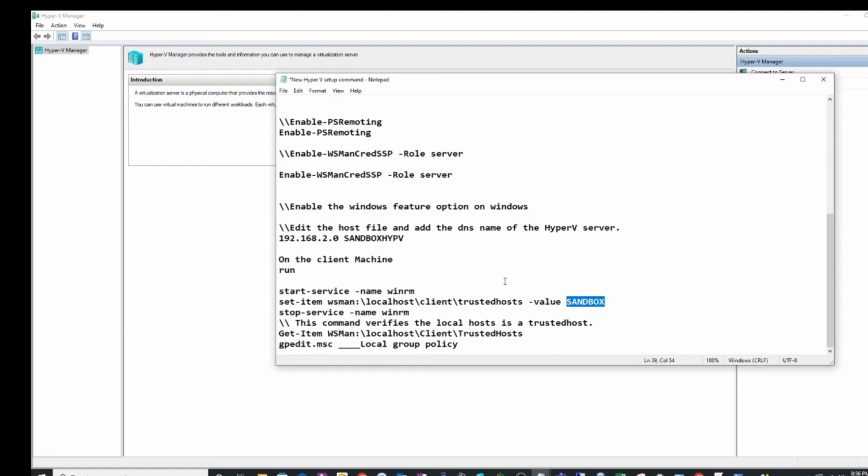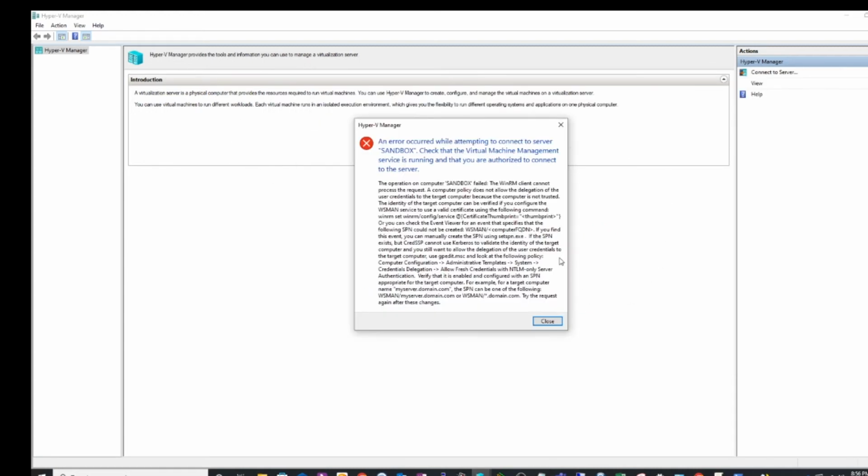So that is what we need to do. Unless we had indicated another value equal to the IP address, it would have recognized that. But now there is a new error. The error is saying that the operations on computer sandbox failed. It gives you all the necessary information, and it's telling us exactly what we need to do to resolve